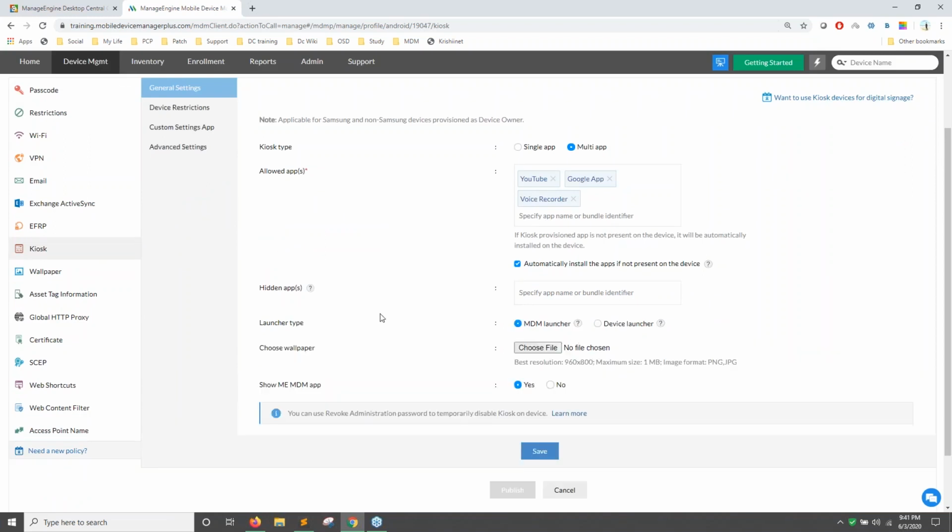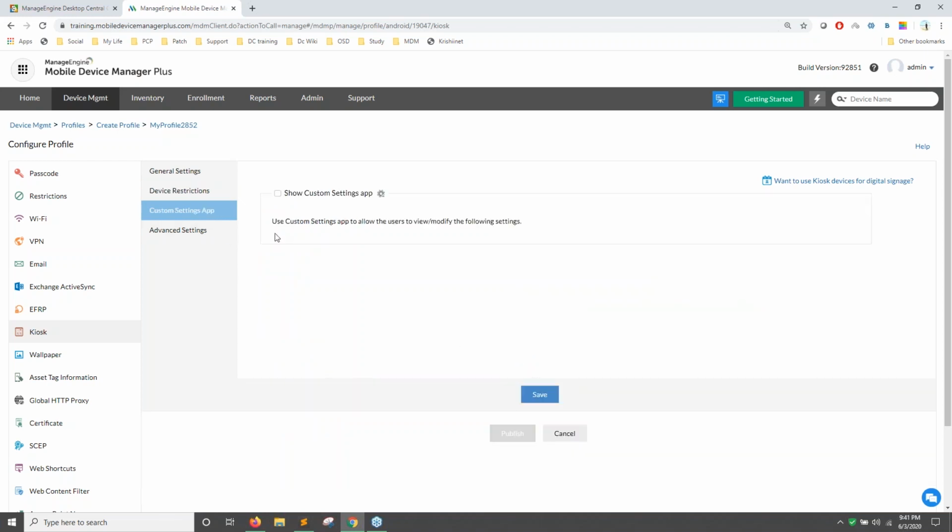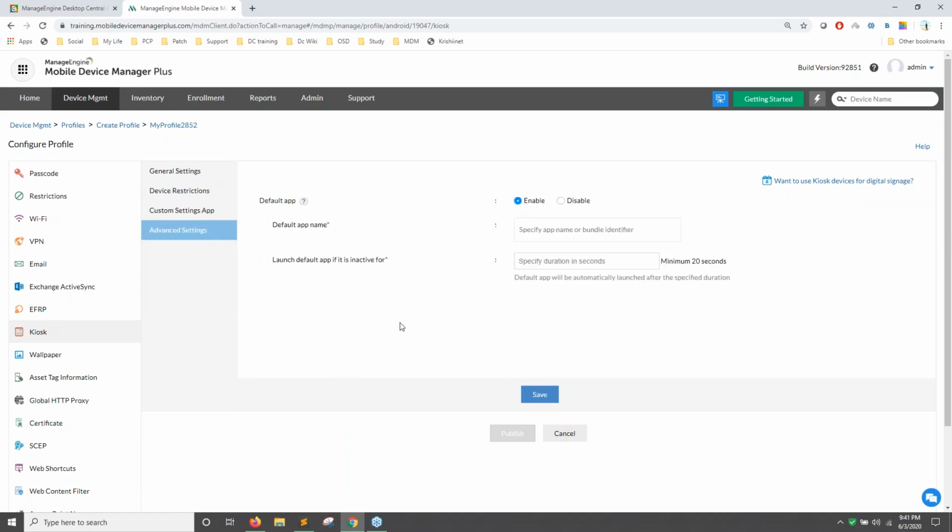But in case you go with the MDM launcher, you can customize the device restriction. Let's assume I wish to give users control to reduce the volume or access the power button or back button. Likewise, I can customize the device restrictions based on the requirement. I can also choose the default app since I'm going to lock my devices with certain applications alone. In case the device is idle for more than 30 seconds, an app should automatically get launched on the device end. Likewise, you can create a kiosk profile based on your requirement